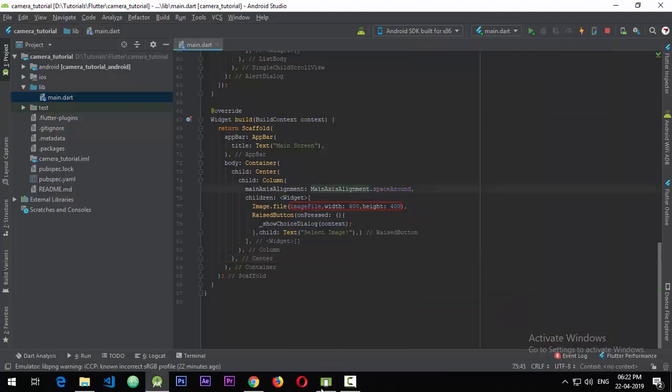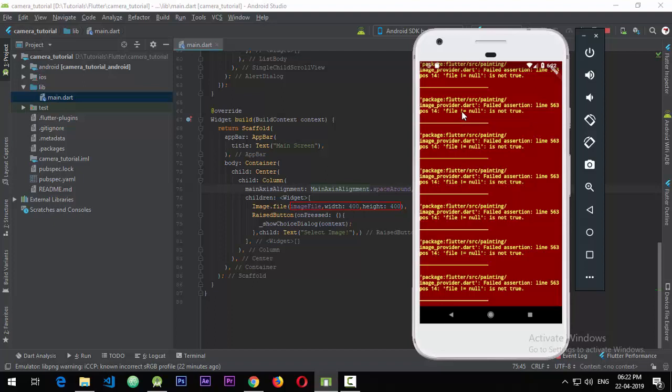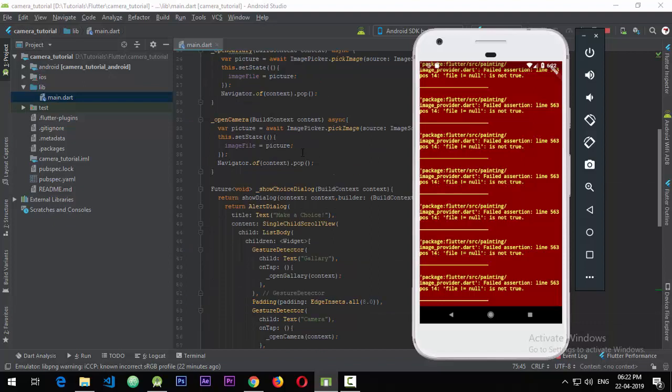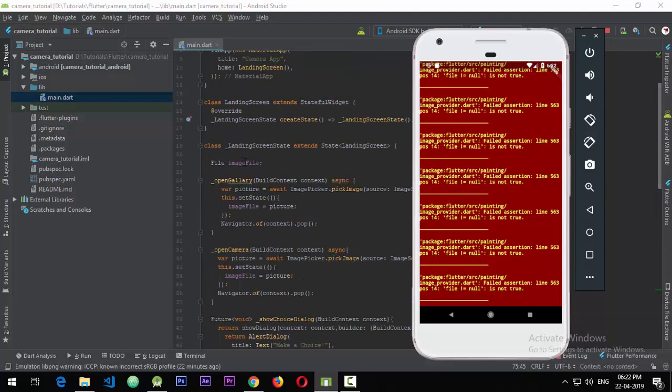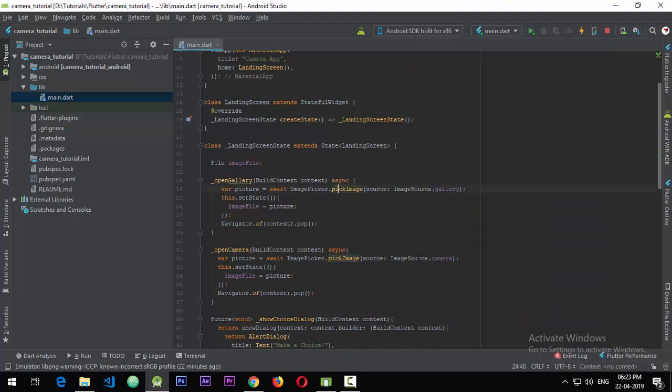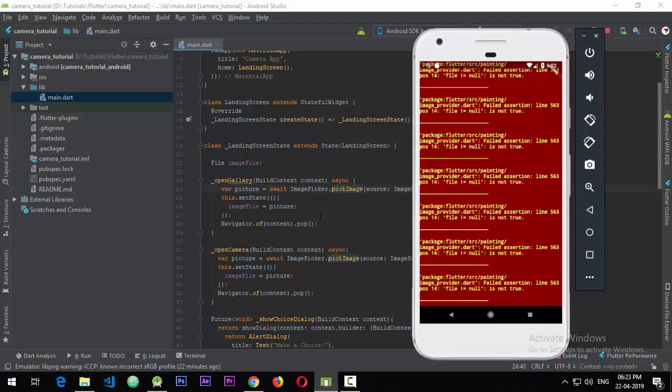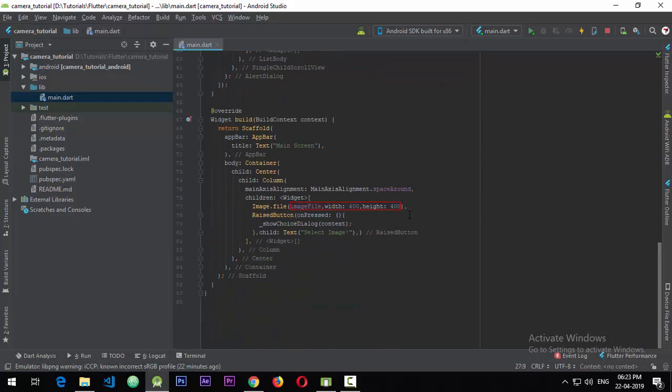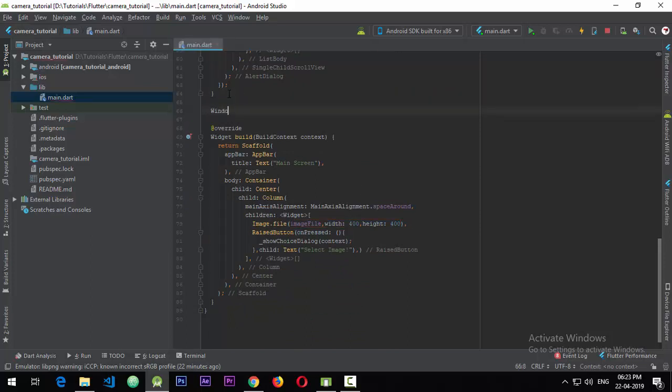What is happening is that you can see that the file not null is not true. That means the file is null, because when we start the application we do not have any image to be shown here. The image file that has been declared here is null, so we don't want that to happen, because then we'll get this dreaded error. So to get around that, we can create a function that will return a widget,